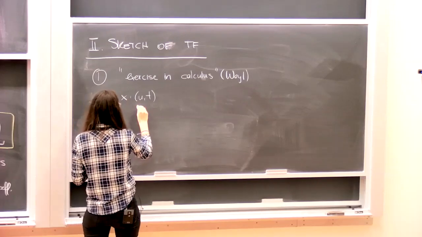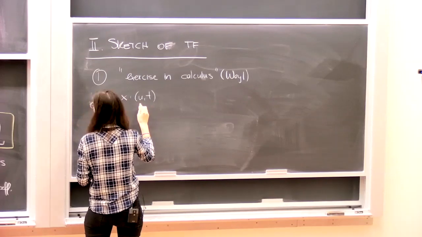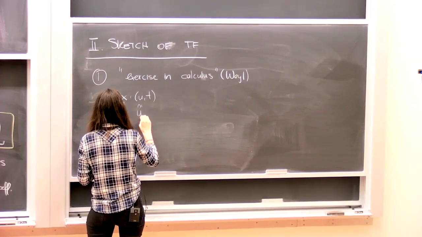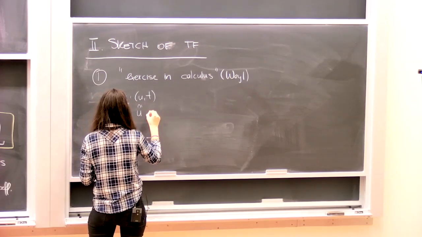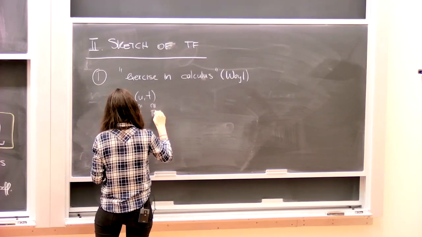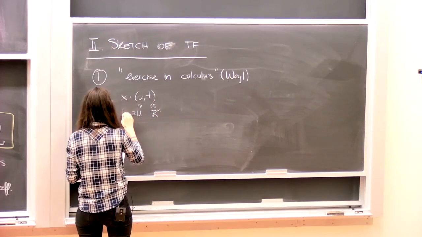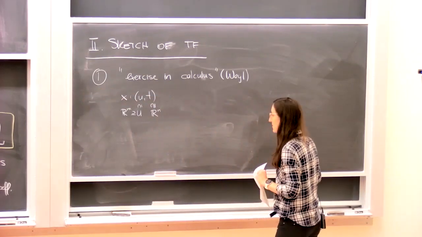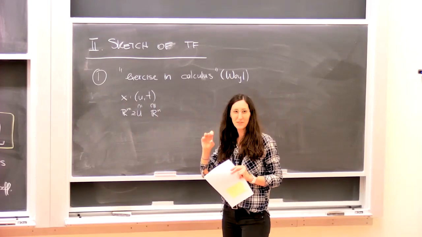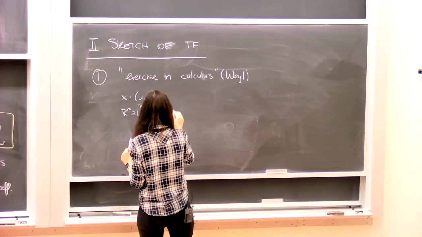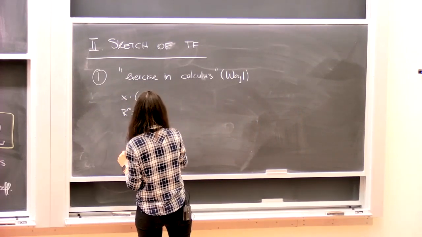U is some subset in Rm, sorry. Now I'm going to be careful. In Rm, and T is in Rn. I'm just going to always be careful about the m and the n. And in the paper, we actually wrote it the other way around. So if anybody reads the paper, you may get totally confused now, but okay,